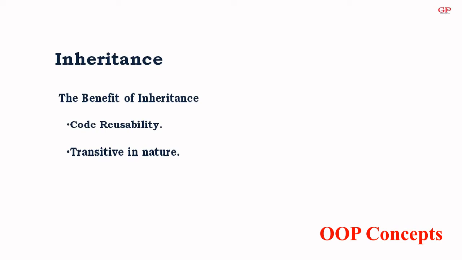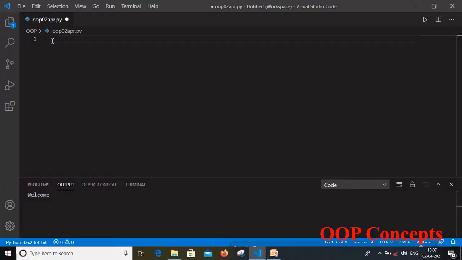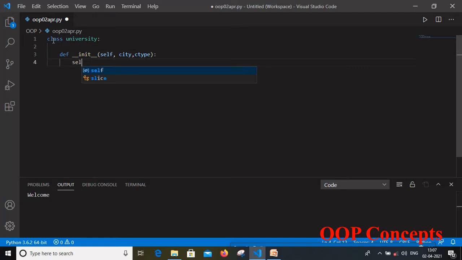So I will take a very simple example to understand the concept of inheritance. We'll start the discussion of inheritance through coding. Here we will take an example, let's say class University, that is the base class, which consists of certain methods inside it. First I'll use a constructor that will initialize some members inside the class. So CT and C type are the two members I'll take inside the class. Within that constructor we can initialize the values of those members.